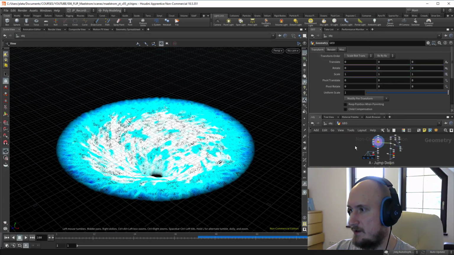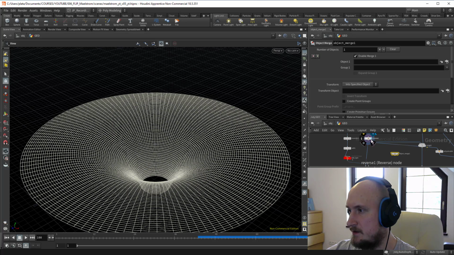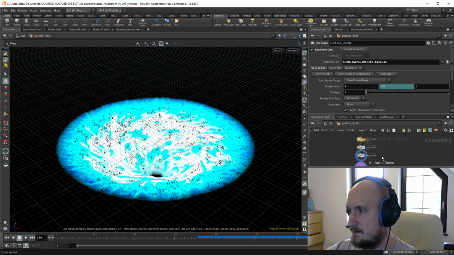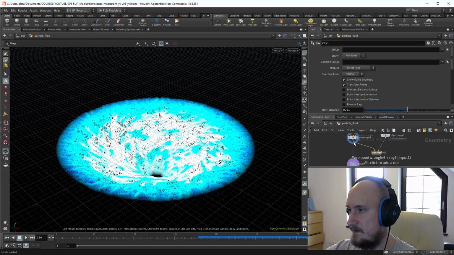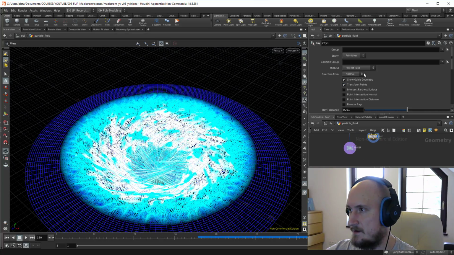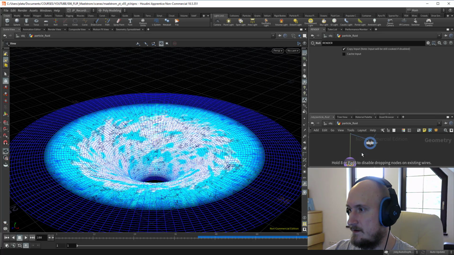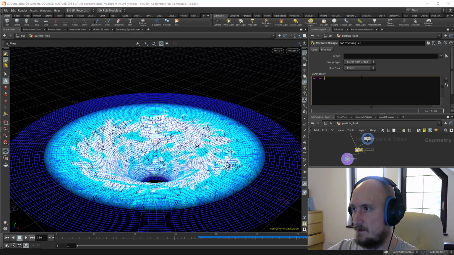So what I will do, I'll go back right here and do object merge, drag and drop this guy, Control X, change to minimum distance, and do vector p is the point position of the first input,